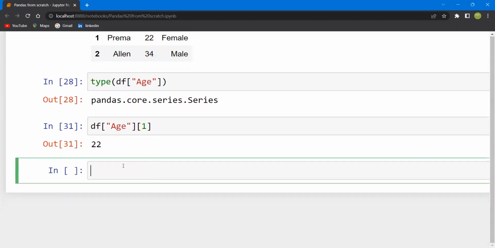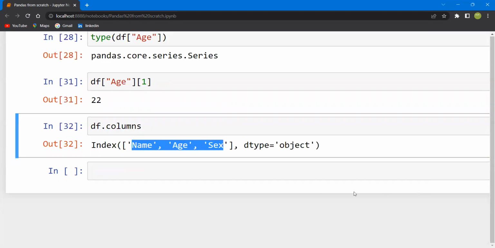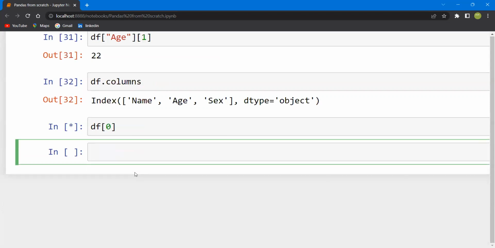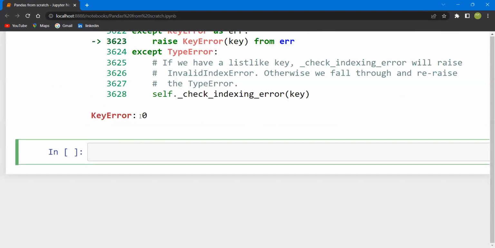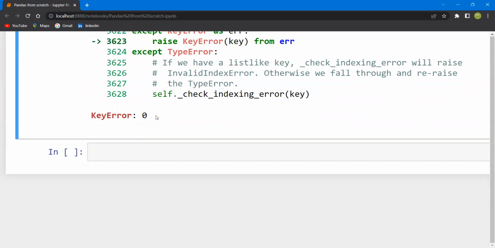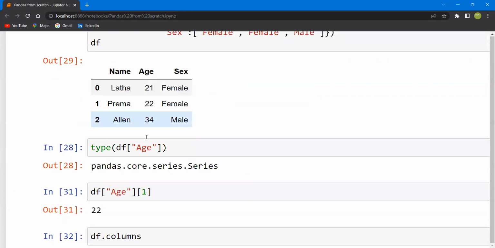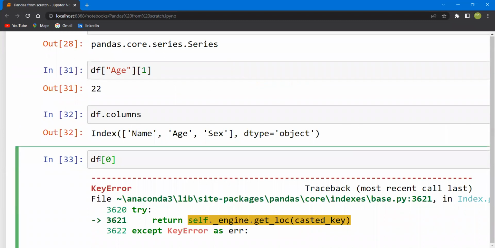In case I am writing df dot columns, you can see that I'm getting all the column names here, right? In case I'm writing df 0, what am I getting? Just like that, I'm writing df 0. You can see that it is throwing an error. It's not able to identify. It is actually throwing a key error, right? Because we are supposed to write it differently. In case I am writing like this, right? So if I am writing,